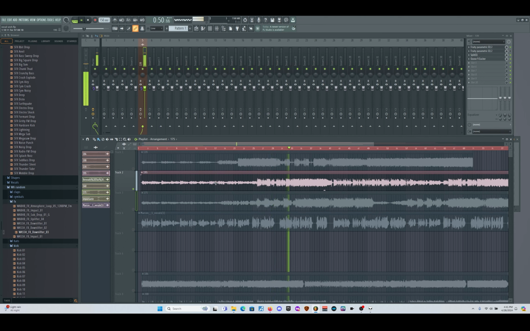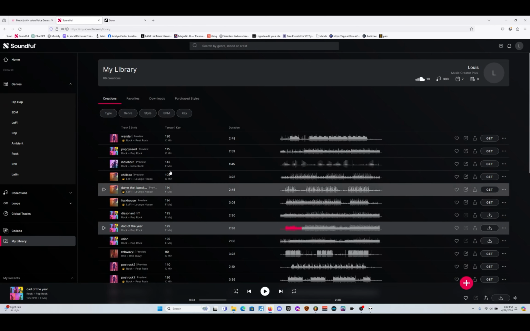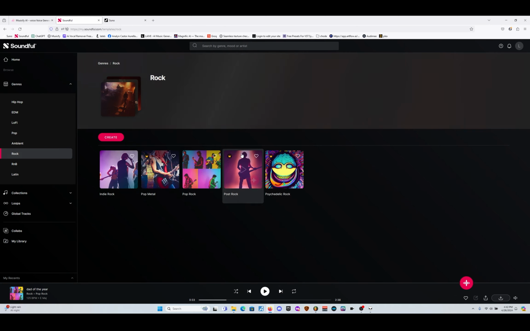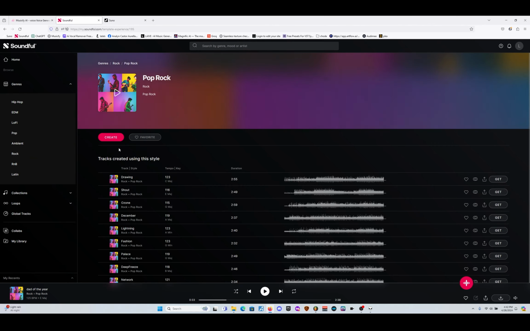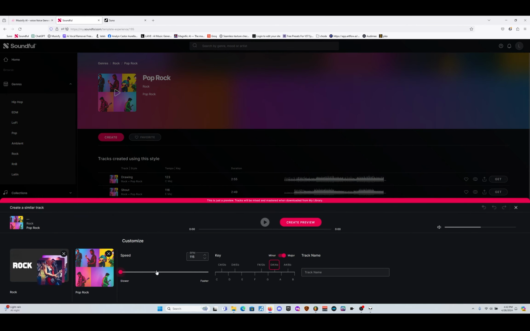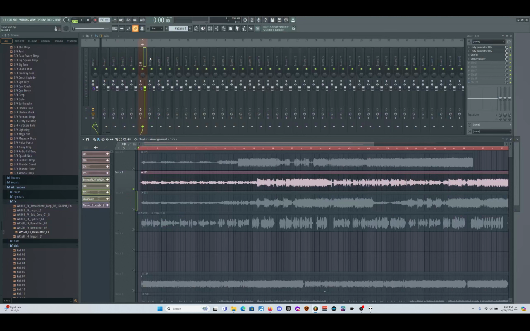And you can probably tell that this is slowed down a lot. This was originally 195 BPM. This was 139. So I brought it down to 150, which was not real close, but it's closer to the maximum of the pop rock limit, which is if you do a generation with pop rock, max is 125. So I got as close as I could without totally blowing out this one. That's at 195. But when you slow it down, it doesn't really matter because I'm using Musicify to improve